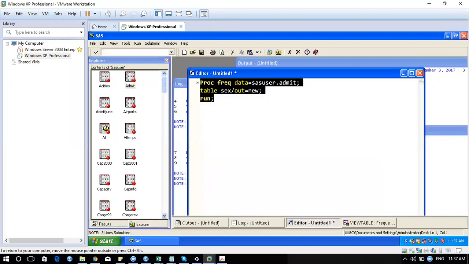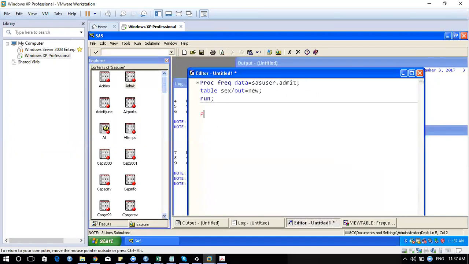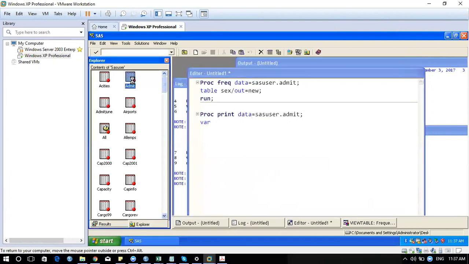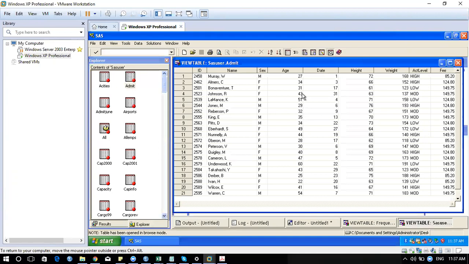So what I do is use proc print data equals SAS user.admit, and I'm focusing on the variables to appear, from sex to weight, let's say.